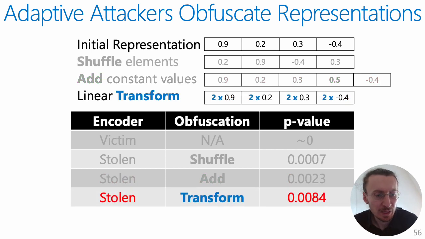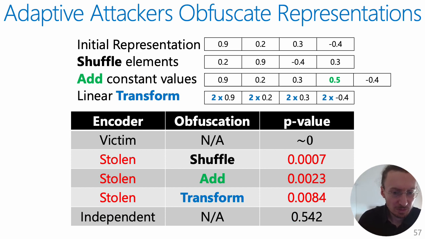An adversary might also apply other transformations, such as linear transformations or affine transformations. In the linear transformations, we just apply some multiplicative value, for example, multiply all the elements by 2, or we multiply by some constant and add some constant, which is an affine transformation. And there are many other ways to transform the representations. We can also, for example, intermingle these different augmentations. So, for example, apply shuffle, and then after shuffle apply a linear transformation.